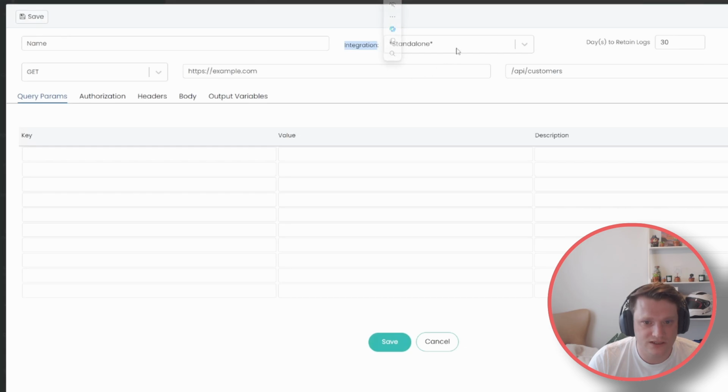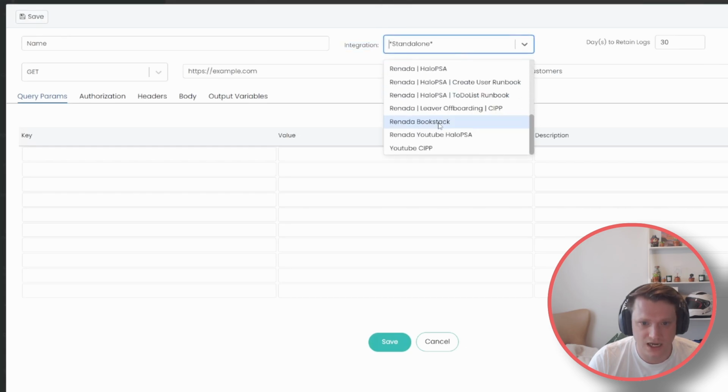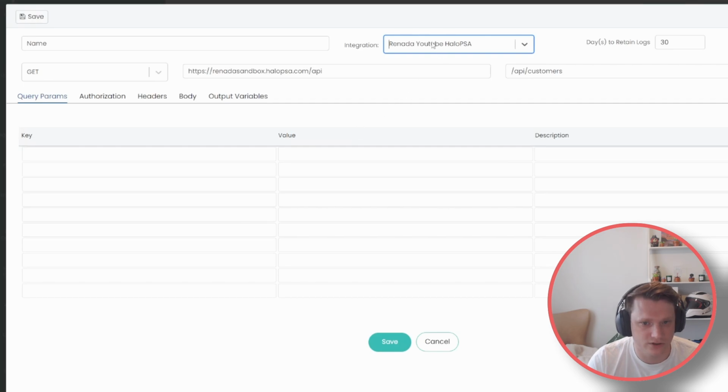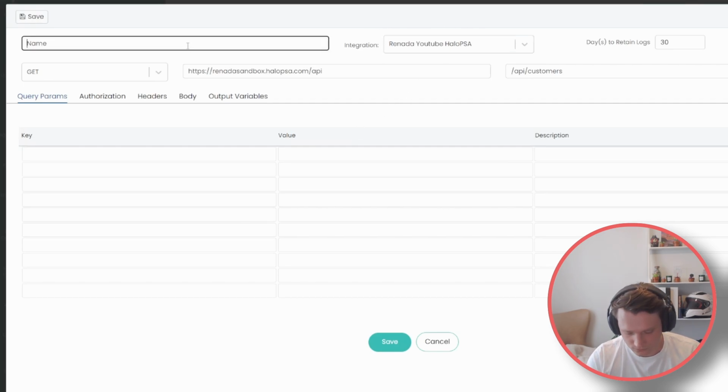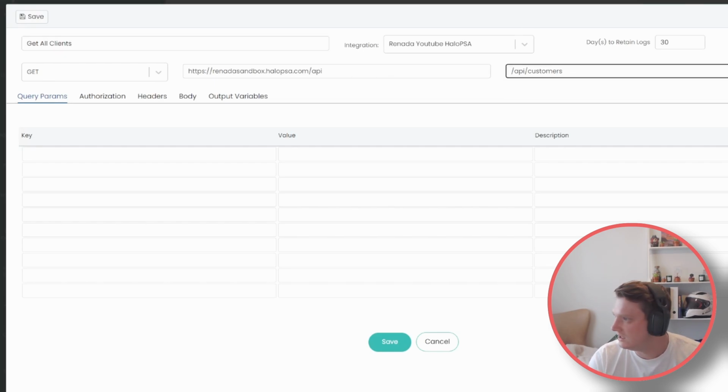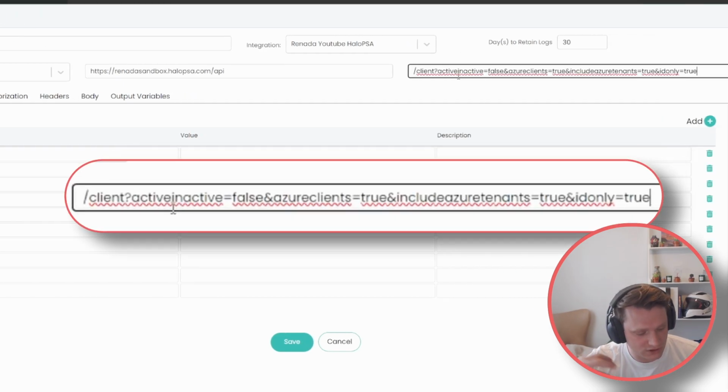At the top here, we need to select an integration. And we're going to select that YouTube HaloPSA integration that we just created. We're going to create a method, which we're going to give a name. So get all clients. And we're going to hit the client endpoint. So we need to do /client. And we've got a bunch of additional parameters that we can add to the client endpoint. Those can be viewed inside of the